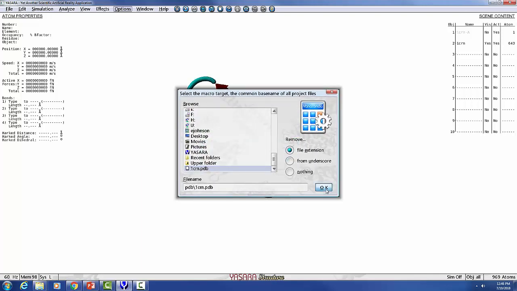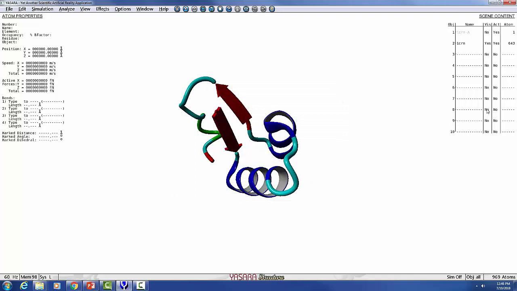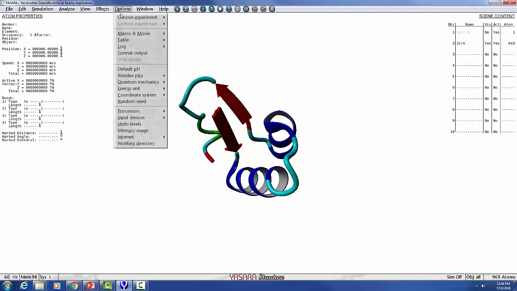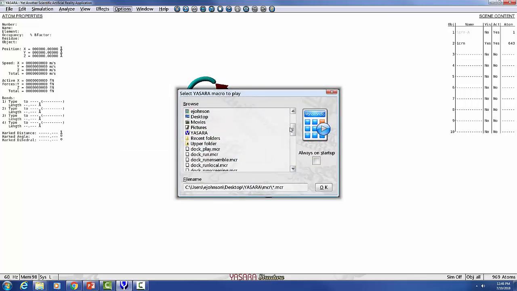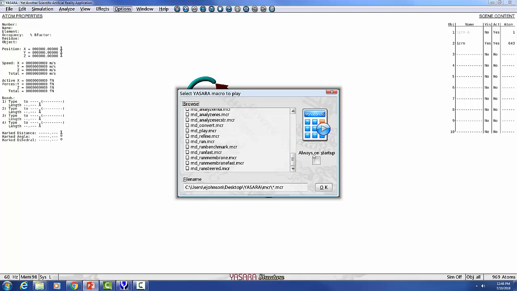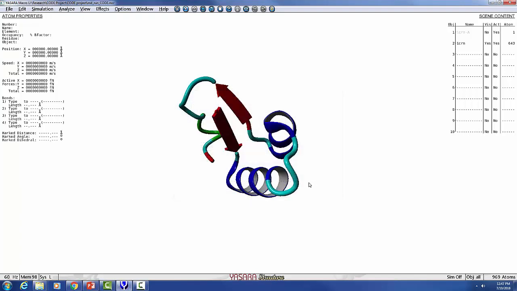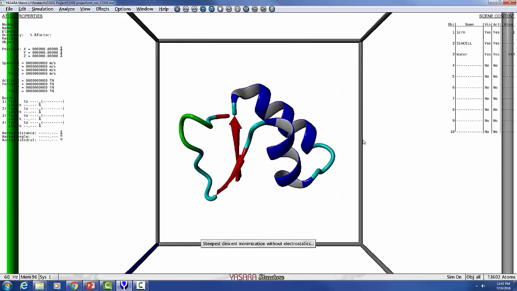I'll set the same protein as the target, and then we go again to options, macro, movie, and then play macro. Then you can find that md_run.mcr. I have this right here, and you press OK. And then it'll start